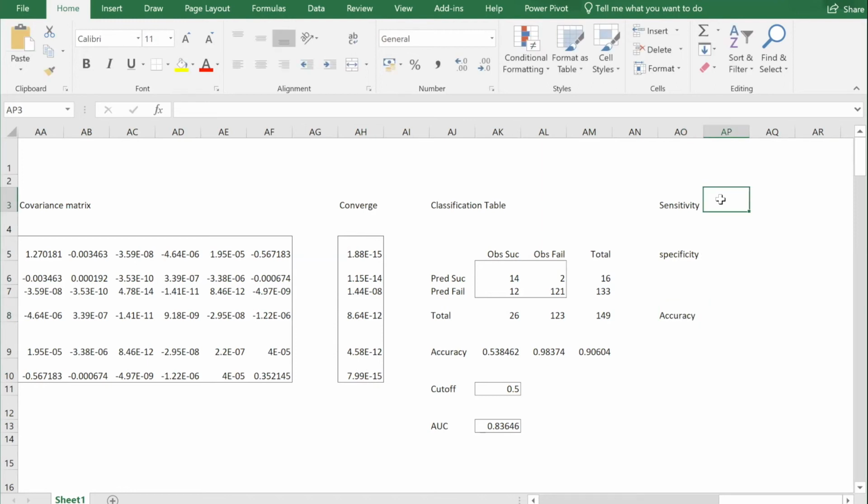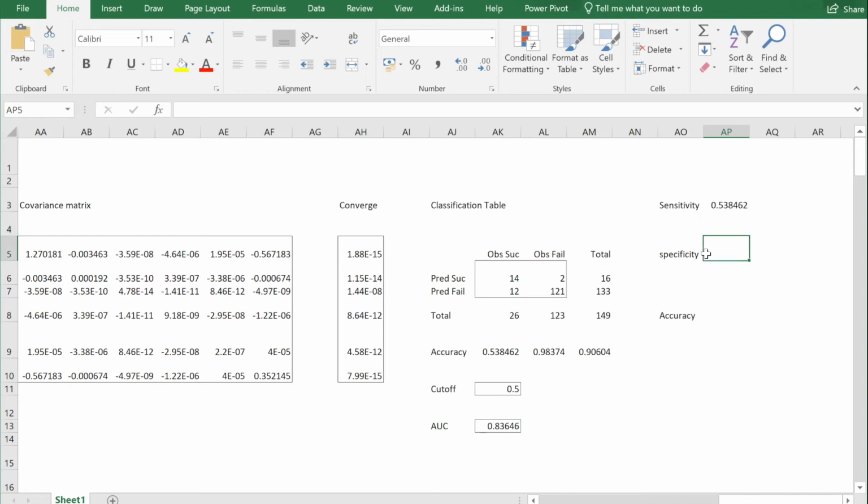The formula for sensitivity is equal to true positives divided by true positive plus false negative, which is equal to 0.5384. So this is this number. When you talk about the accuracy parameters, you can check it. This number is for the sensitivity.